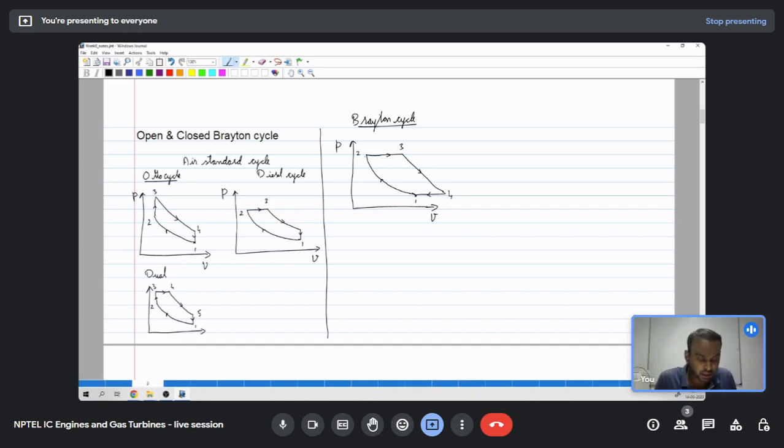So now we have two pressure limits, or pressure levels, in this cycle,